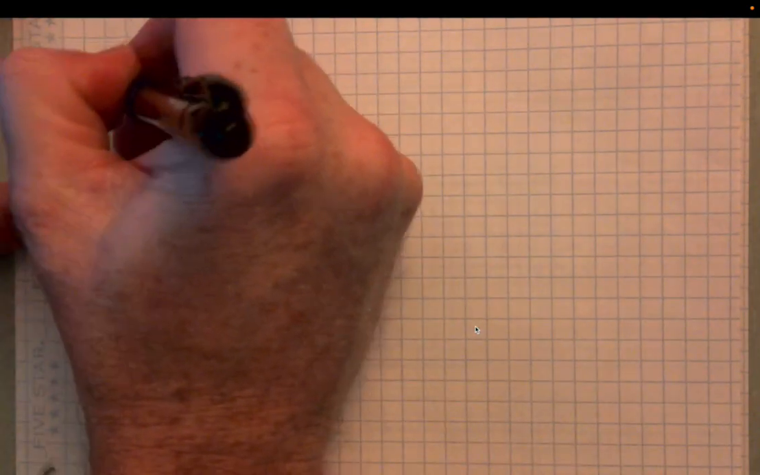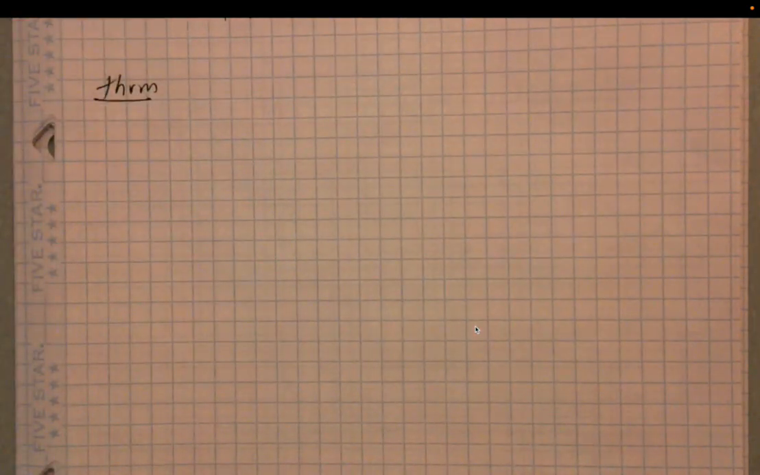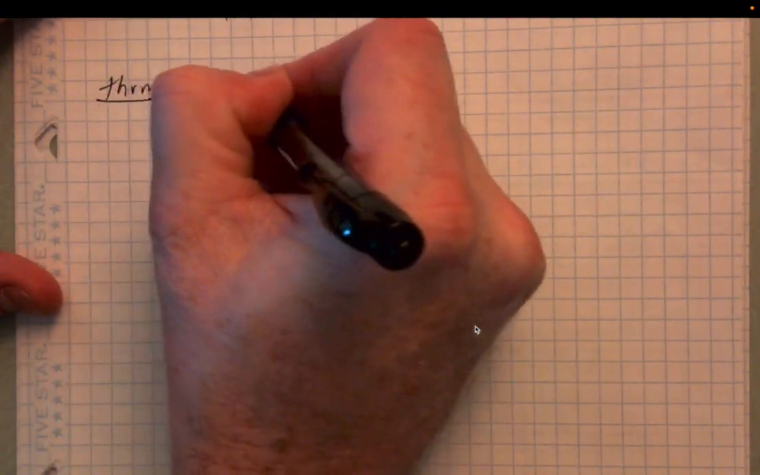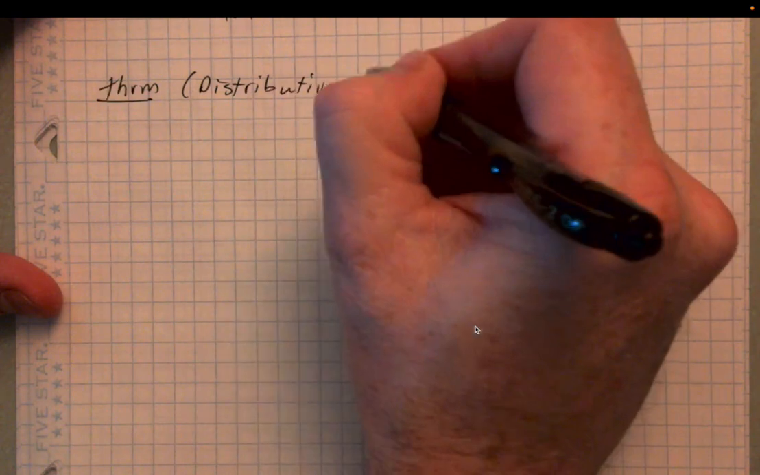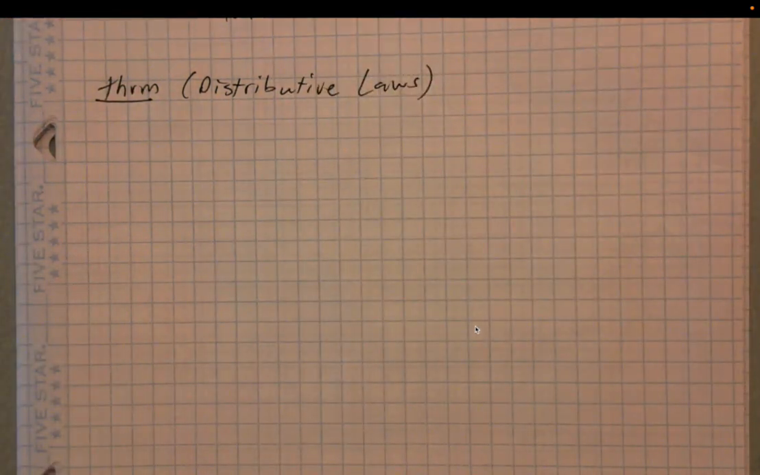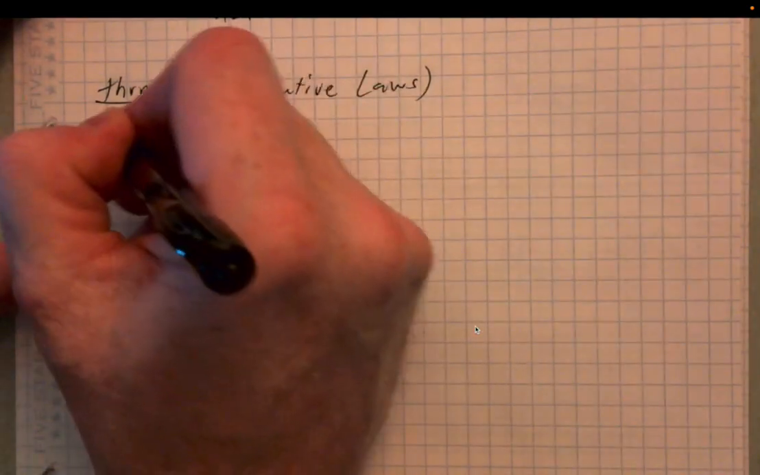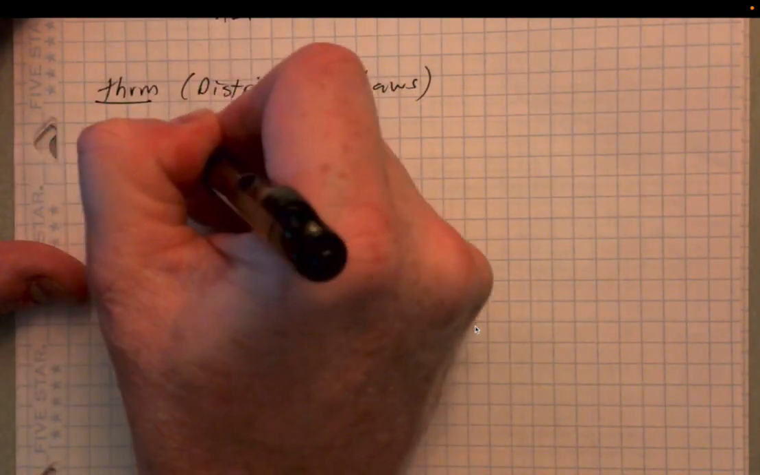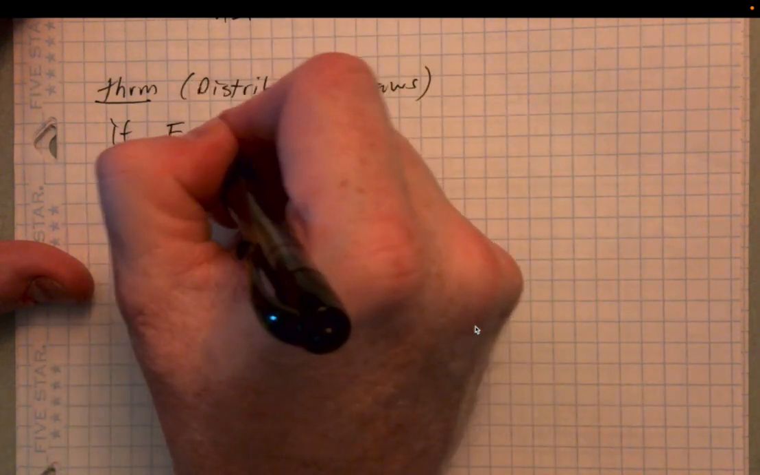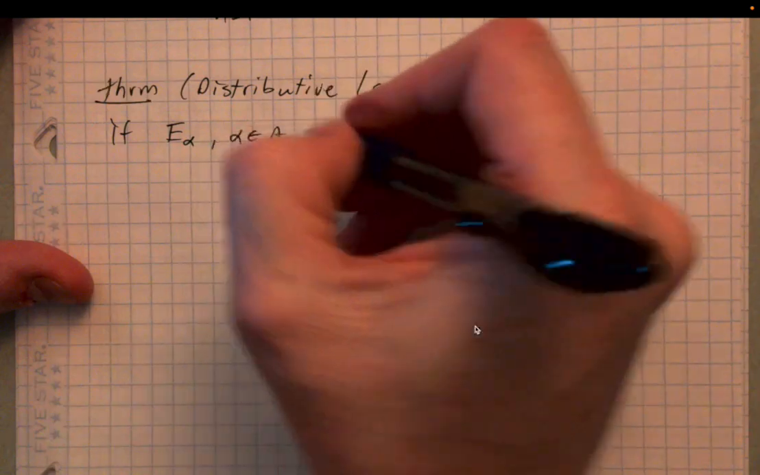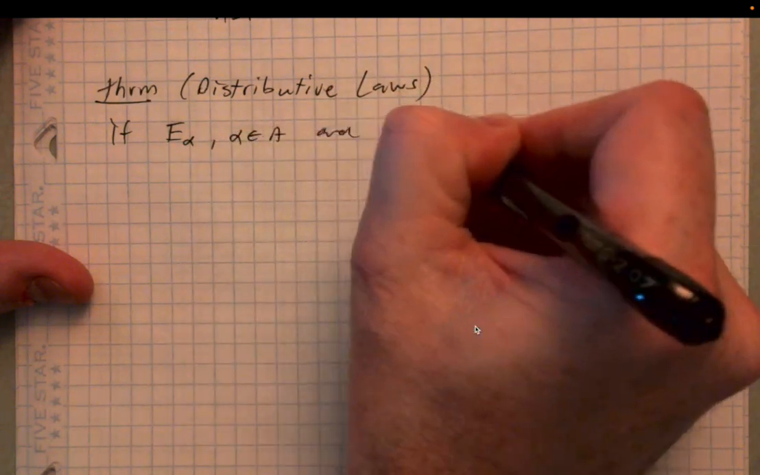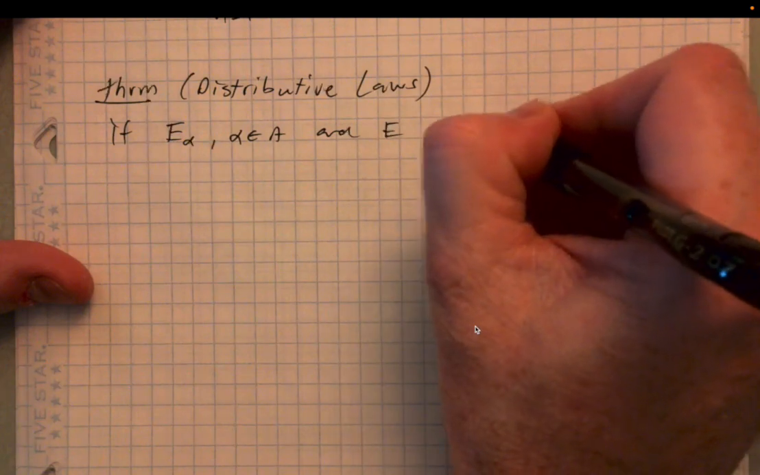Okay, a couple theorems. First, the distributive laws. We're not going to prove these. I'm just going to state them. These are the distributive laws for indexed families. The proofs basically follow the same pattern as proofs from earlier in the set theory section. I think it was 1.1 maybe. But I'll just state them here. So if E sub alpha, where alpha is in A, and E are all subsets of a set X,